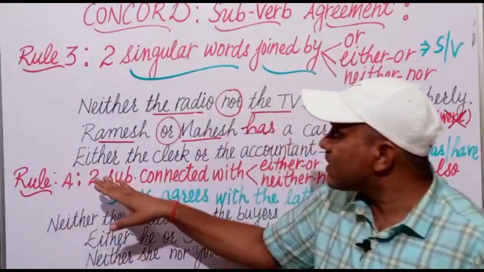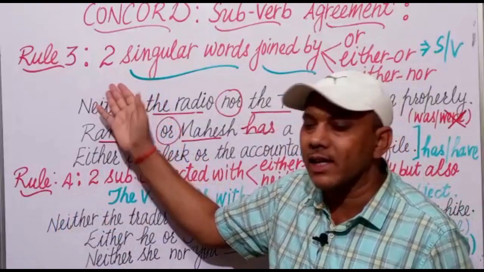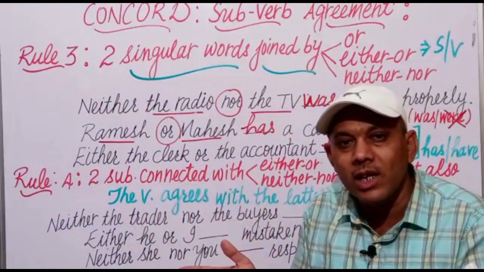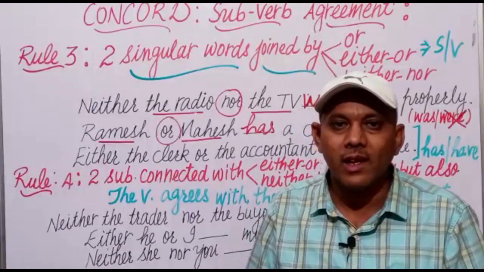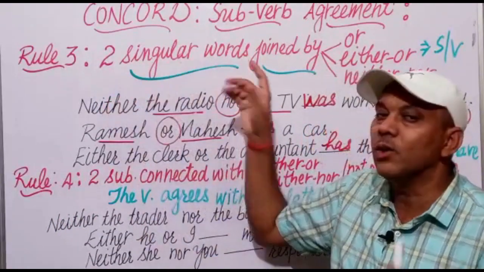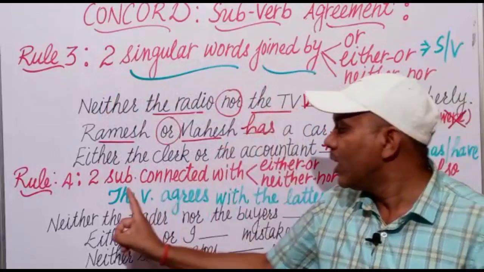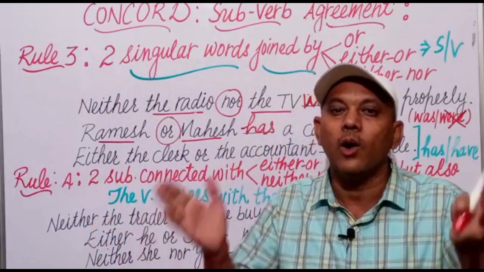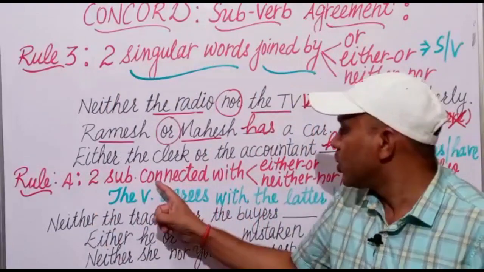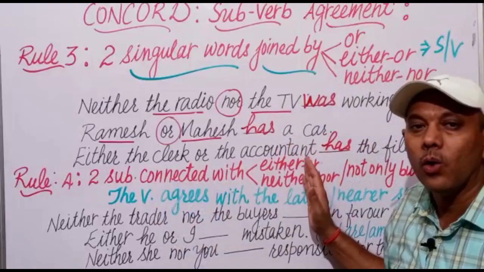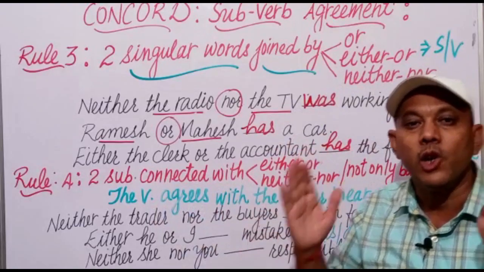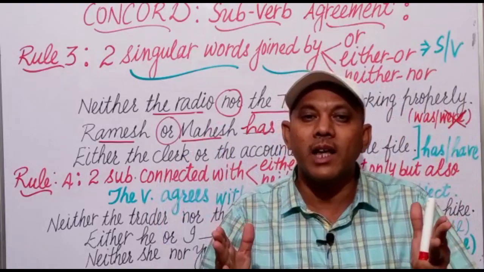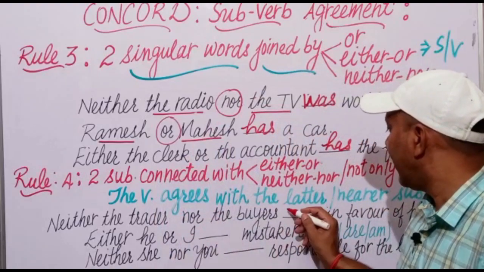Rule number 4 is, when two subjects either singular or plural. यहां पर कंडीशन थी टू सिंगुलर वर्ड्स जॉइंड बाय. रूल 4 में हम बात करेंगे इफ टू सब्जेक्ट्स आइदर सिंगुलर और प्लूरल connected with either or, neither nor, not only but also, then we shall use the verb according to the later